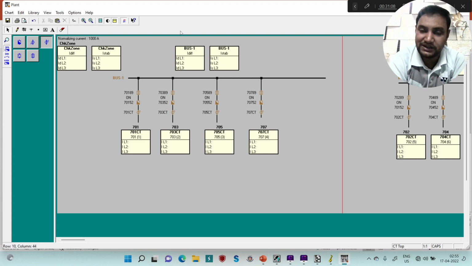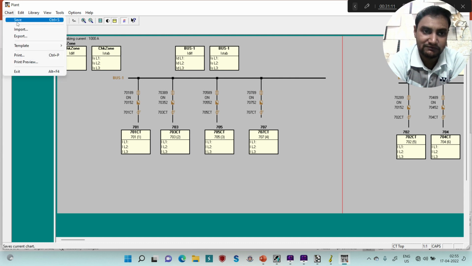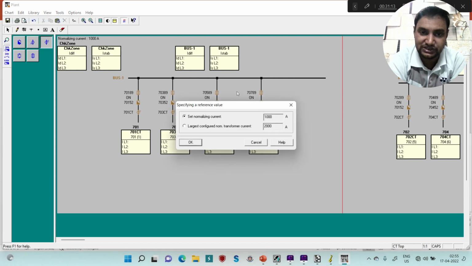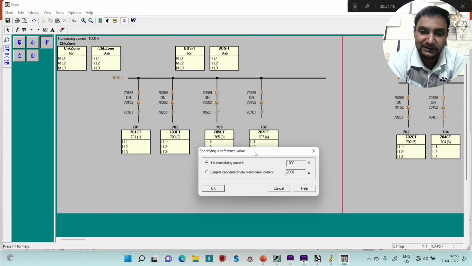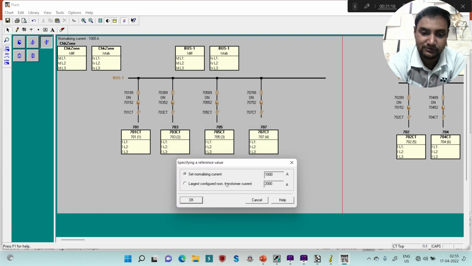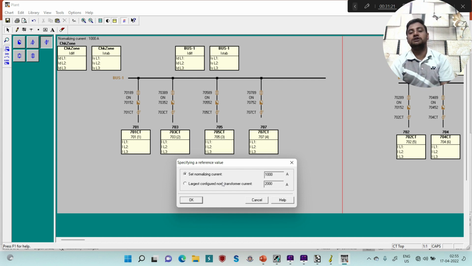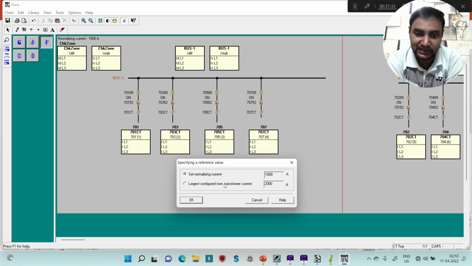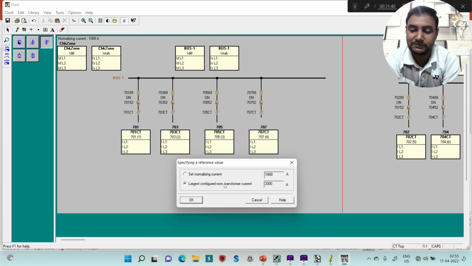Once you have done everything, just go to chart and then save. Once you save, you will see this normalization current. The normalization current is very important in case of Siemens busbar. So, we can set any normalization value, 1000, 2000, 3000, 4000, anything. But the important thing is we have to select the normalization current as either the largest of all configured transformers. Since we have configured everything at 2000, you can select either 2000 or any normalized value. If you select any normalized value, suppose 3000, then all the currents of every bay will be normalized to